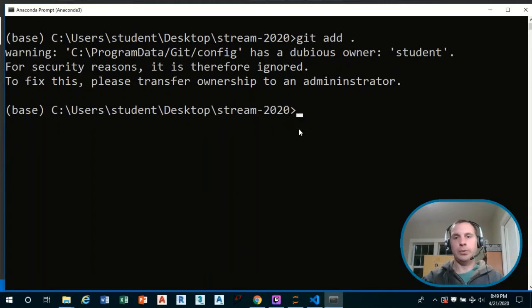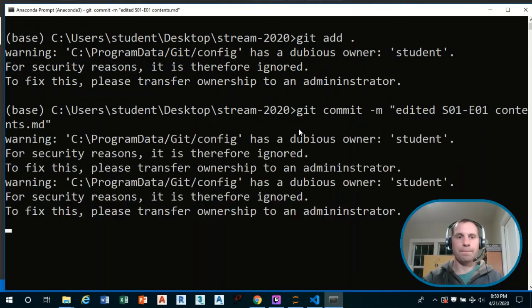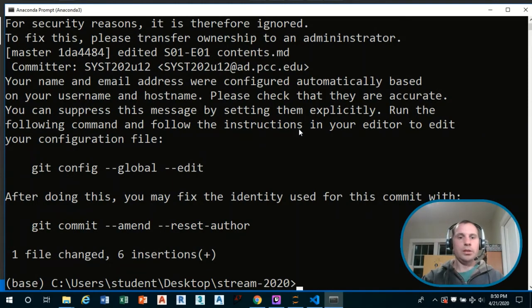And then we want to commit them next. So we'll type git commit -m for message, and let's say edited season 1, episode 1, contents.md. So it says that we've got one changed file.